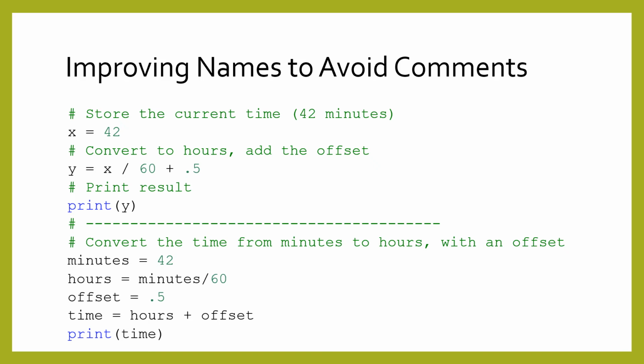Comments aren't always necessary. Sometimes, instead of trying to add additional explanations about code, you should just make the code less confusing. For example, in the code shown here, the first version uses variable names that are vague and confusing. But the second version has better variable names, which make it easier to understand the code's purpose. This is especially true as programs get bigger and more complex, where explaining every line has more of a penalty.